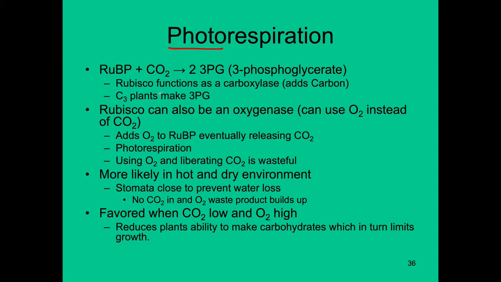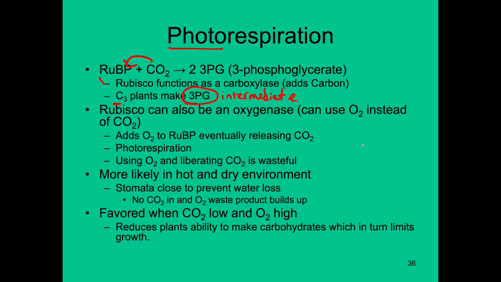Remember, Rubisco functions normally as a carboxylase. So a carboxylase is an enzyme that adds carbon. So when Rubisco hooks up with RUBP, it adds carbon to that RUBP. Remember, it adds 6 of them to 6 RUBP molecules. So these are called C3 plants. C3 plants are the plants that make this particular molecule here, 3PG, that intermediate. That's that molecule that's created when the Calvin-Benson cycle is transitioning from the carbon fixation cycle to that